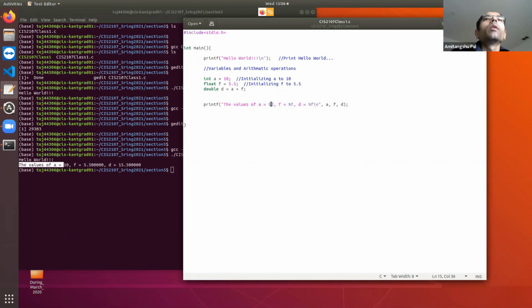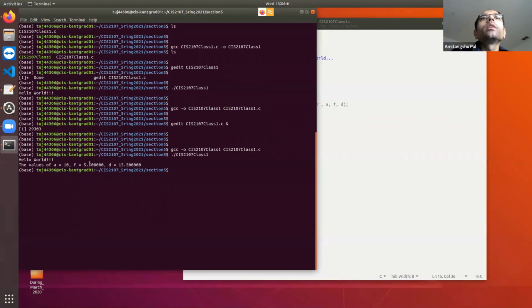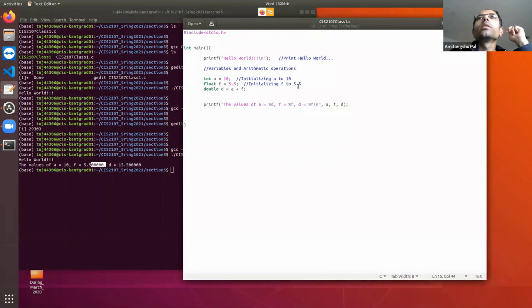Okay. All right. Now let's see. By default, if you observe this line, after the point there will be 6 digits, 1, 2, 3, 4, 5, 6, in a floating point as well as in a double. By default, 6 digits will be printed. Now suppose I do not want to see 6 digits because these are anyway zeros. I want to print only 2 digits after the decimal. How can I do so? You can write %0.2f. 0.2 means 2 digits after the point.